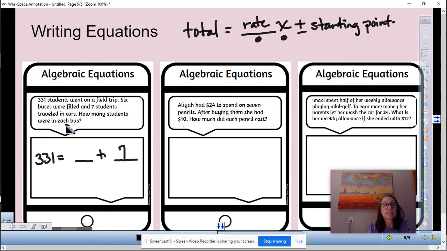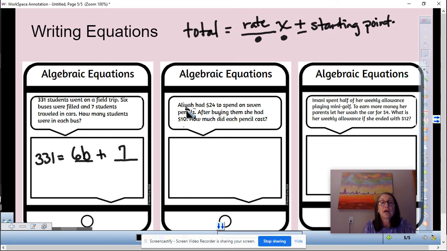Now, how many buses? Well, we had 6 buses. How many on each bus? Well, let's just say that's B, the number on the bus. And how many buses? We had 6. Now, in this case, this is where my rate has switched places with my variable, but that's perfectly okay. Second